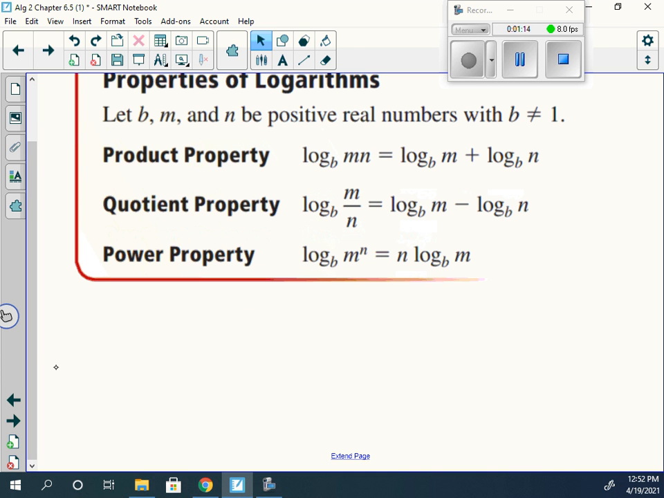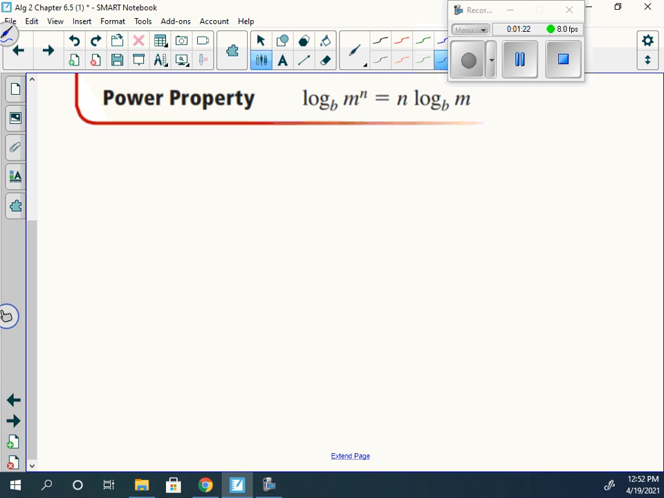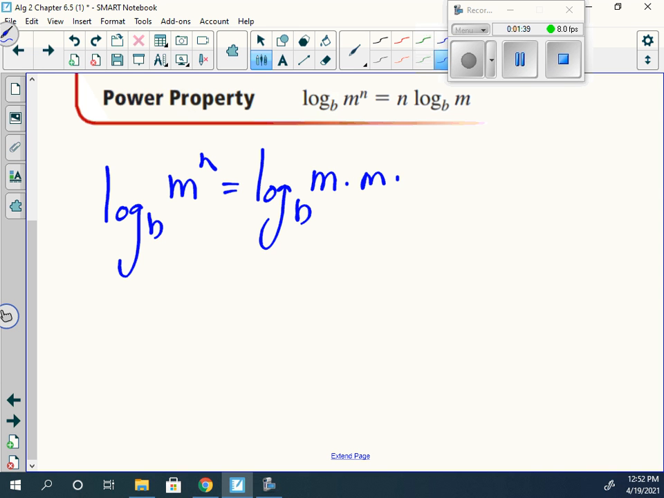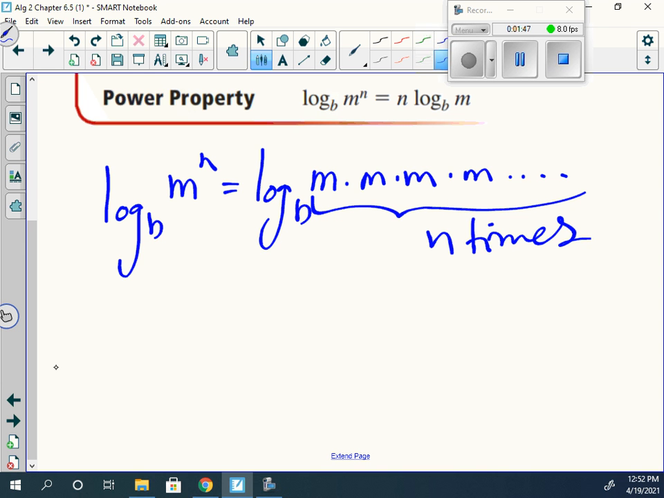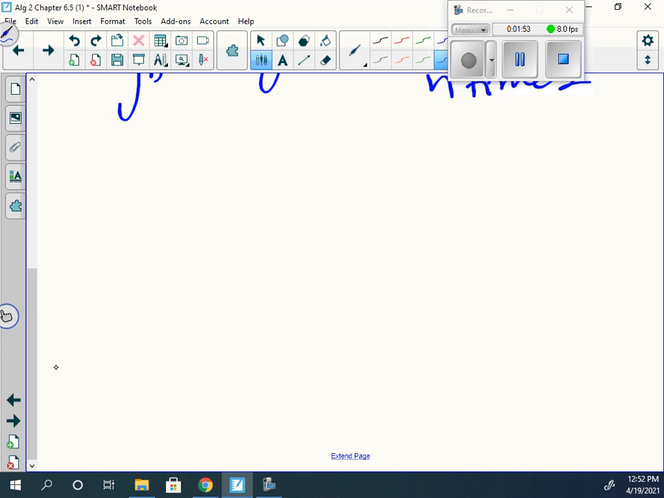Because if we start off with the product property, if I have more than one thing multiplied inside the logarithm, we can rewrite it as addition of each of those logs. If we know that's true, we can actually show that the power property works from our product property. Because when we put something to the n, really we're just saying that m is being multiplied by itself n times, because we continue to multiply by itself n number of times,